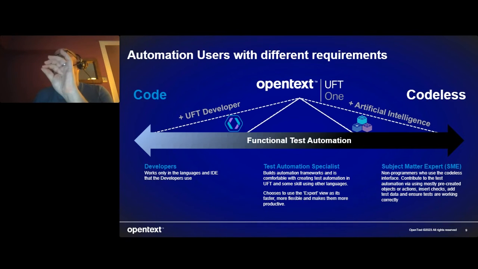So at the core of all this, we have UFT One. This is our test automation tool. This can already support you in your SAP testing journey through its traditional recording and scripting methods. What we've added to this is AI, artificial intelligence, and actually we released it around 2020, was when the first